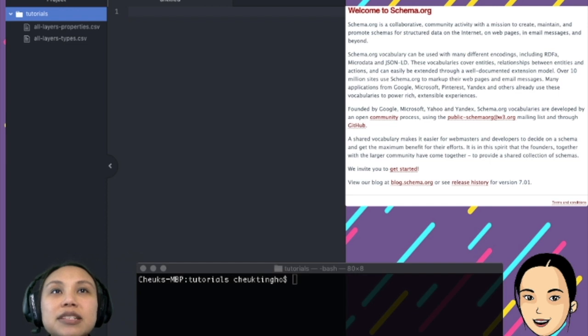Also these types, they are the objects that are available in schema.org. So for example, the event will be one of the types. And sometimes the properties are actually other objects. So for example, a venue can be an object, but it's also a property of an event. So it also describes it.